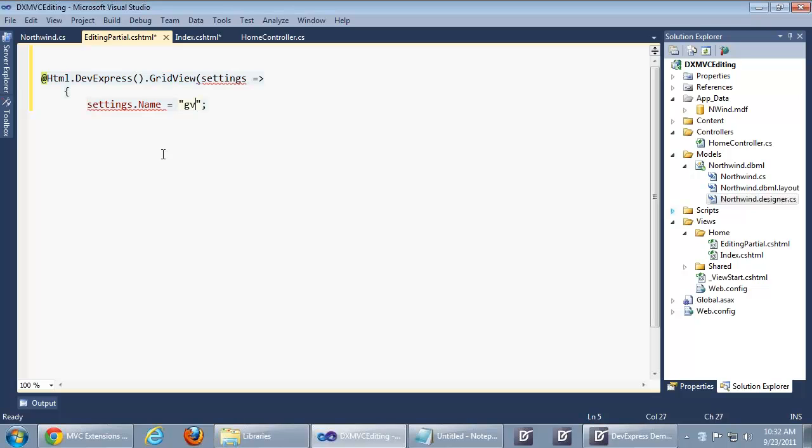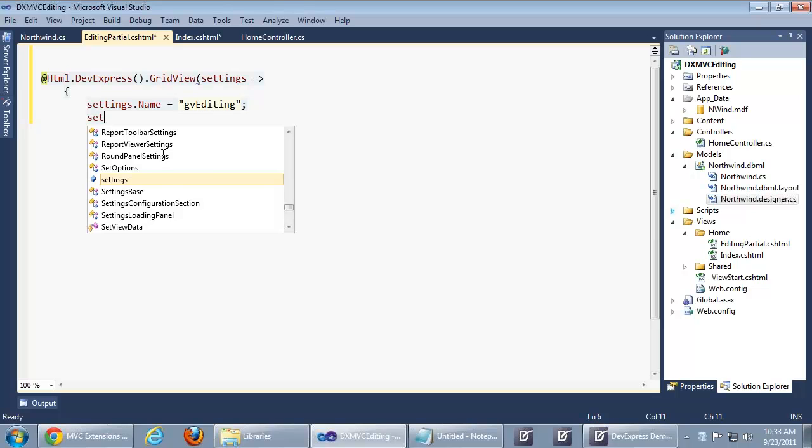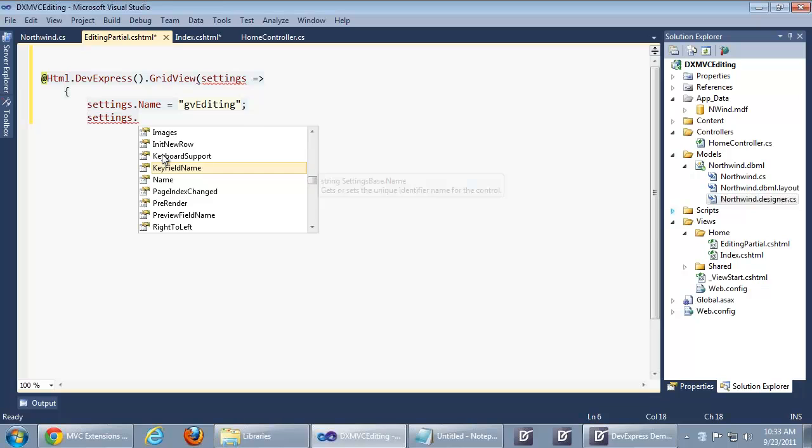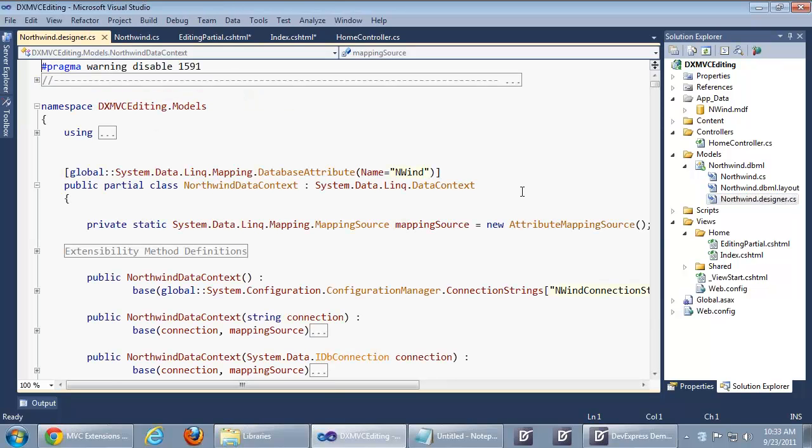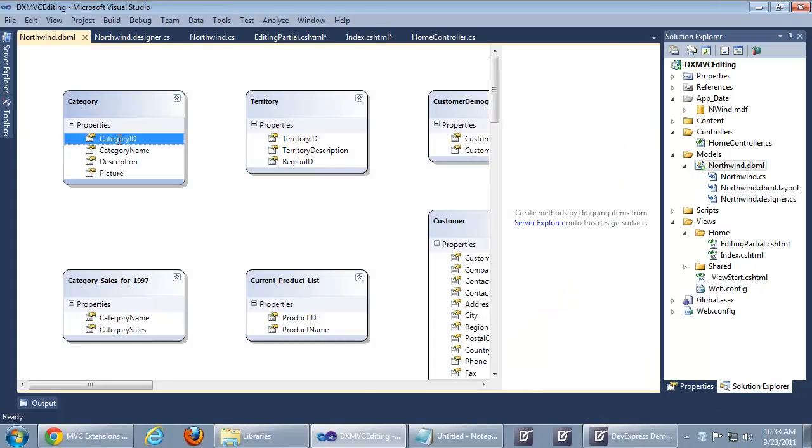So you absolutely need a name, and then one of the key things in any editing scenario is that you're going to need to set the key field name. This is the field that is necessary for editing. I'm going to edit the categories table, so I'm going to need the category ID. Now, I do know that's the column, but if you're not sure what the column is, you can always go to your model. I believe you can go to this DBML file. Sometimes they define it, sometimes it's not defined, but in here, this category ID is the field for us, and if not, you can always go down to